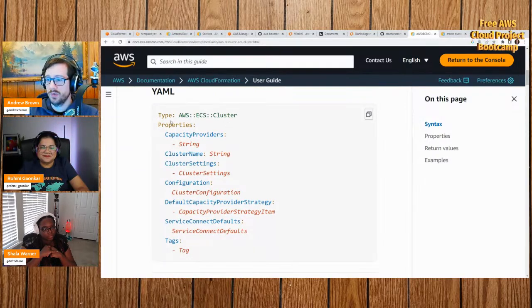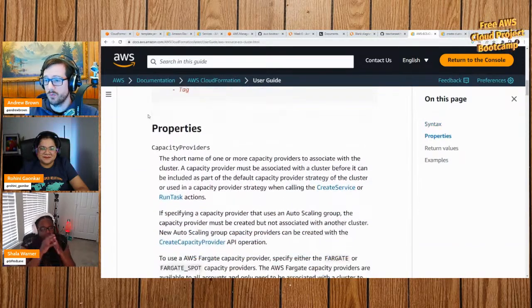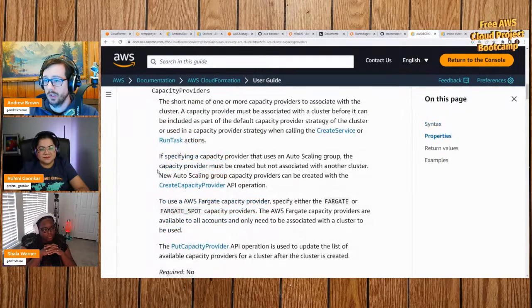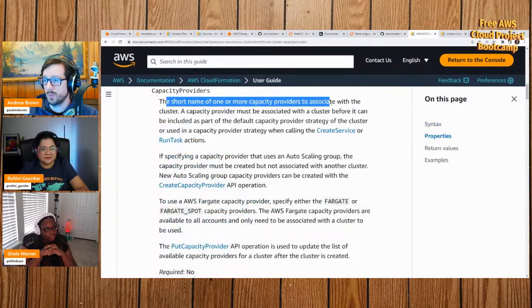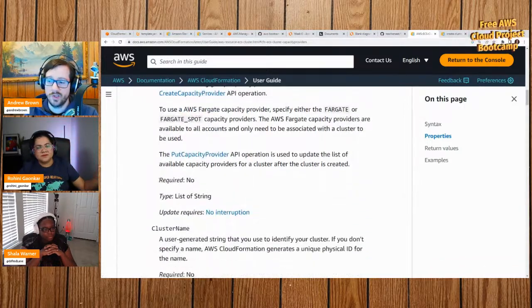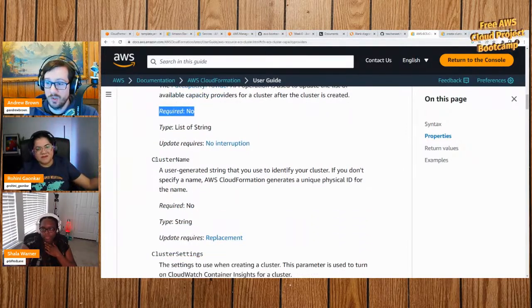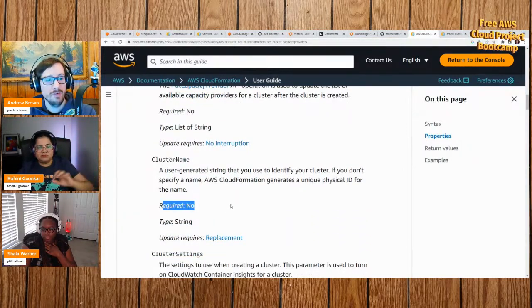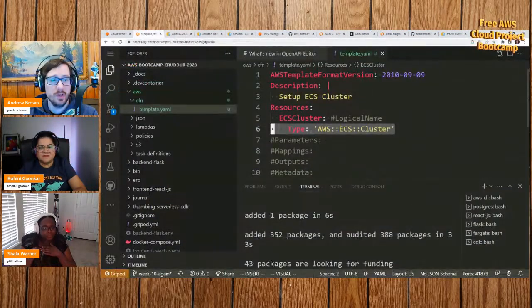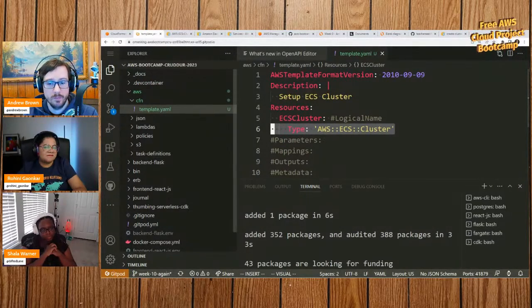So what I would do is I would go here and I would just start reading through them. So the first property here is capacity providers. So I go here and it says the short name of one or more capacity providers to associate with it. That's if we want to attach capacity to it. And then it'll say required no. So I don't have to have that there. Then we have the cluster name. It says required no. You don't even have to name the cluster. If you don't name the cluster, it will name it for you. So if we go back to our template here, notice we don't even have the name. So if we don't specify name, and